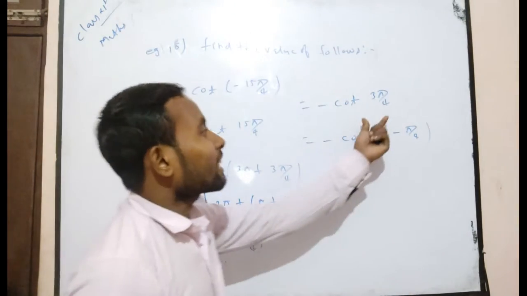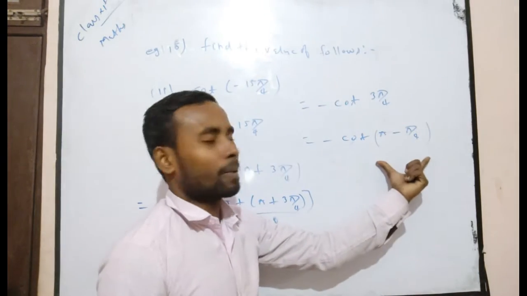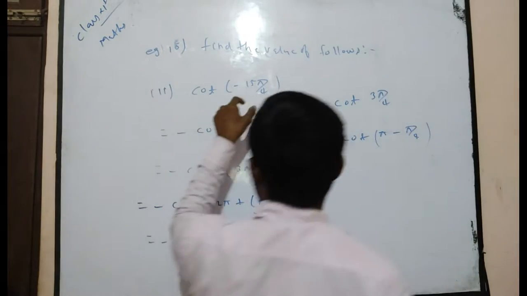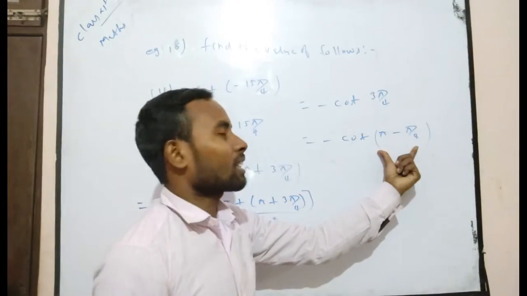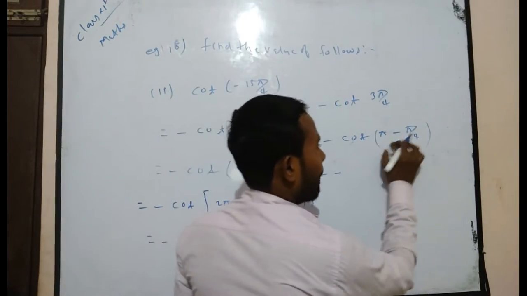I think you can consider it by your intuition, because it is not a very difficult step. I have already given you this step, but it is very simple. You can consider it by your intuition. Now after it, minus cos of pi minus theta.